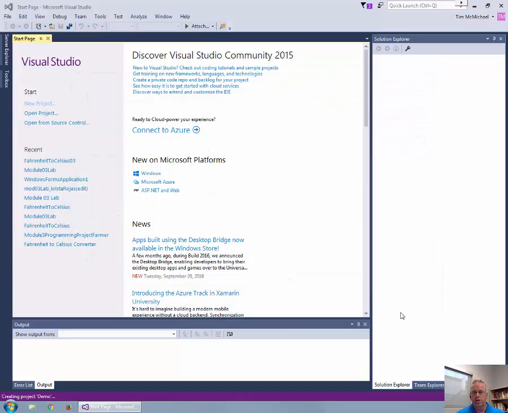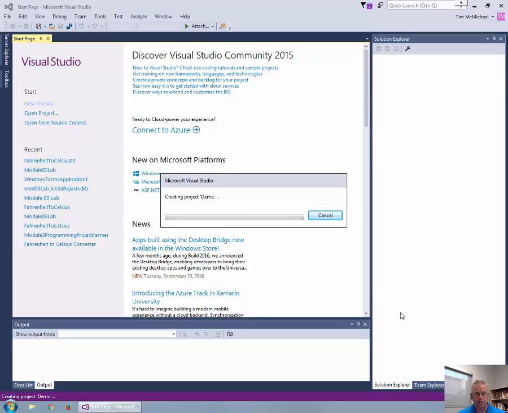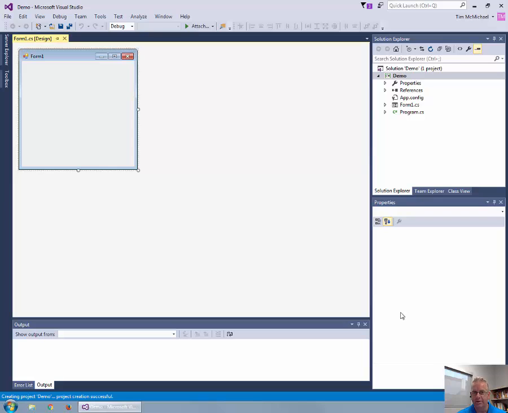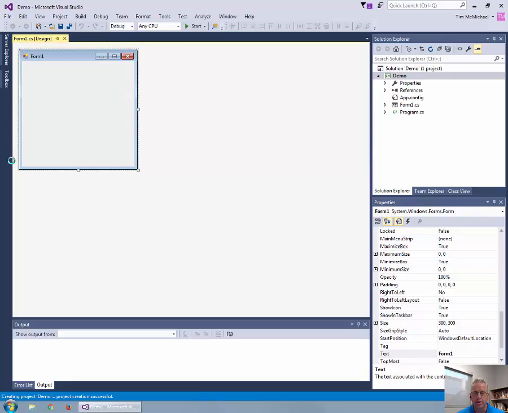And the first thing you're going to notice is that the screen will look a little bit different when we're creating a project that uses Windows Forms. Rather than going straight to program.cs, which is where we are used to seeing the main method, we're instead going to have this tool called the Windows Forms Designer, or the form design tool. And so we get a preview of what our GUI is going to look like when we run the program. And in fact, if I just run it now,